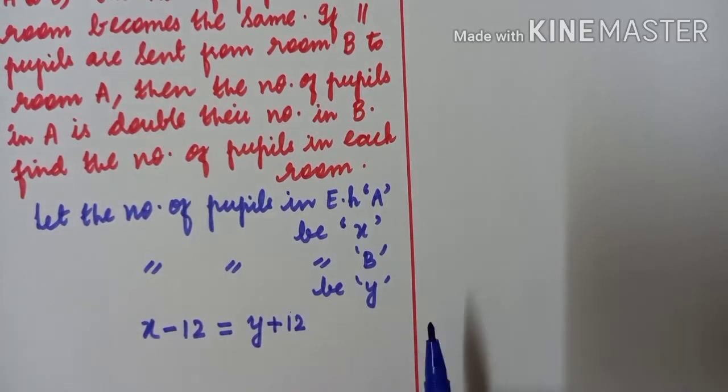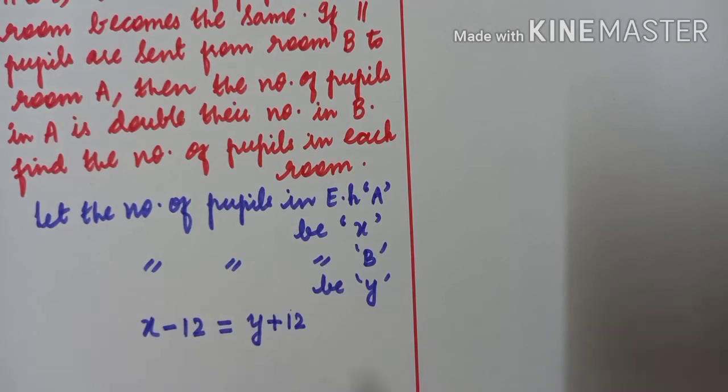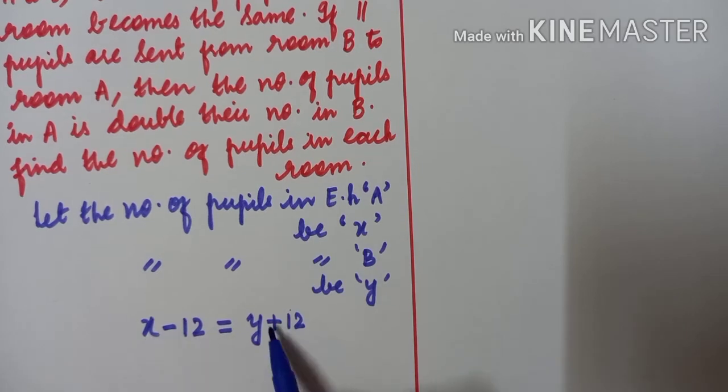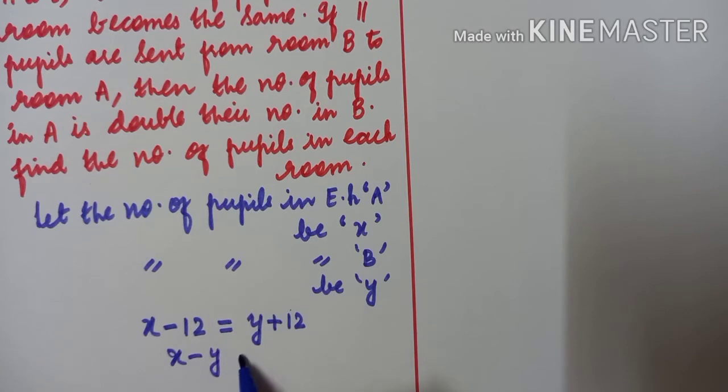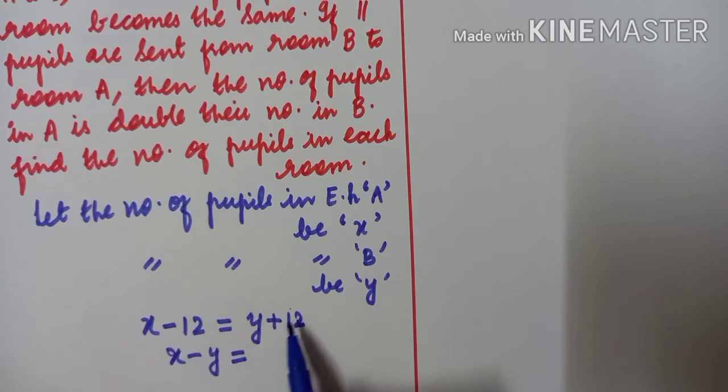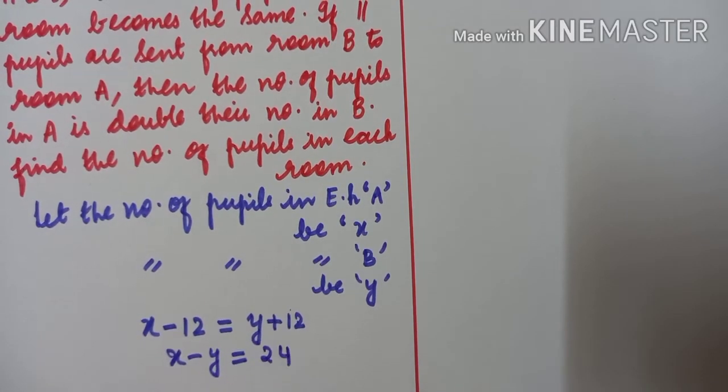Okay, so now after that, what is more given over here? Actually, from this equation itself we will try to convert it into journal form. So here X is there, here Y is there, so let us write X as it is, then this plus Y will become minus Y, equals to this 12 plus this minus 12 will become plus 12. When it comes to this side, 12 plus 12 will give you 24. So this is your equation 1. This is how you got the equation 1.